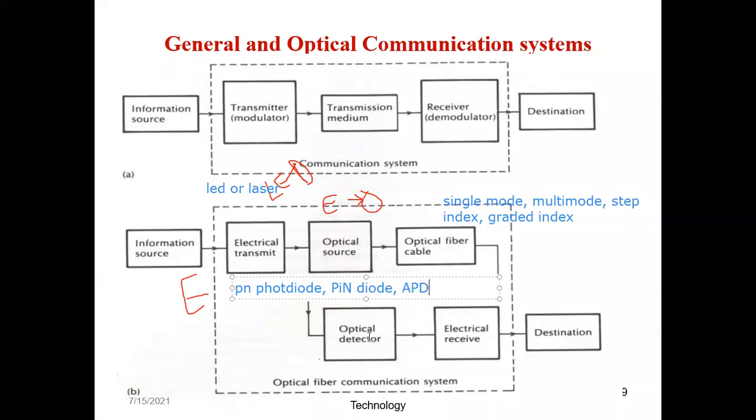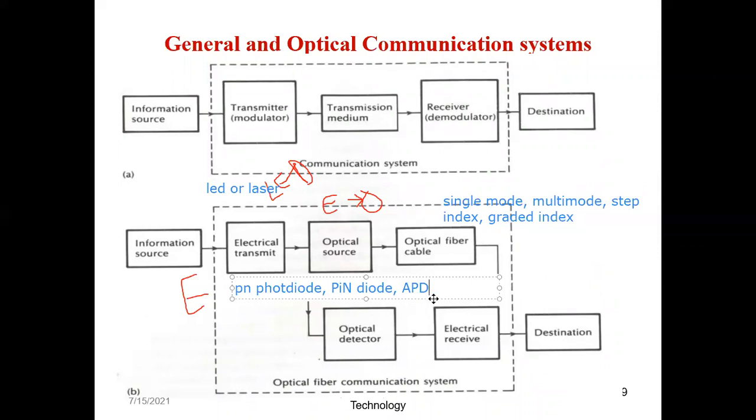So when you are thinking about the design concept, then you have to decide कि मुझे LED लेना है या laser लेना है, single mode लेना है या multi mode, step index या graded index. I am okay with dispersion or I am okay with attenuation. कौन सा मुझे चलेगा? Okay. So then you have to decide among all these factors. Then optical detectors. Okay, so everybody has its own characteristics. So whether you will go for PIN diode or you will go with avalanche photodiode.